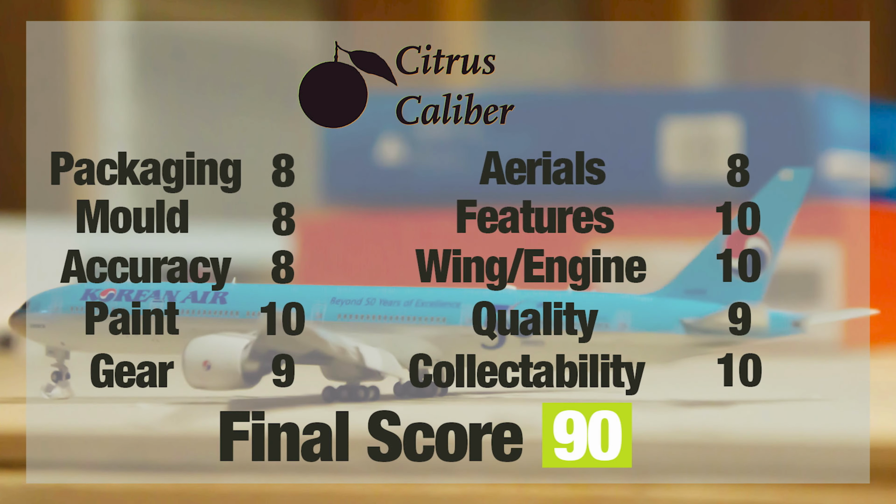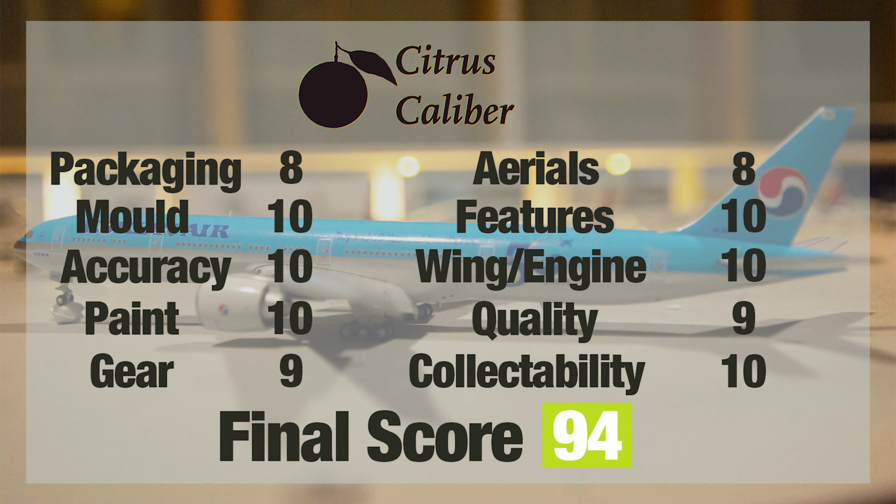I also wanted to update the rating for the Korean Air 777-300ER. I had that at a 90 out of 100, but because of the fact that that is actually also a new mold, and I give the same mold rating for an aircraft that has the same mold, and it's also a really nice job by JC Wings, I've decided to bump up the score to a 94 out of 100. Here you can see the old scorecard for it, and here is the new updated scorecard for the Korean Air. It is now up to a 94 out of